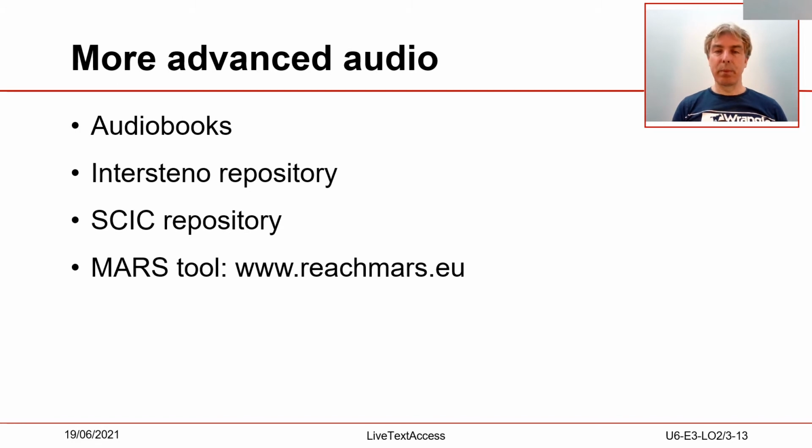The next step would be to find online audio, which is more difficult, or read at higher speed. You could browse the internet for free audiobooks. It would be good if you would have the written version of that audio as well. That way you could compare the results with the actual text. On the web page of Intersteno, the World Championship of Typing, you have an archive of texts and audio recordings in the different languages with which you can practice.